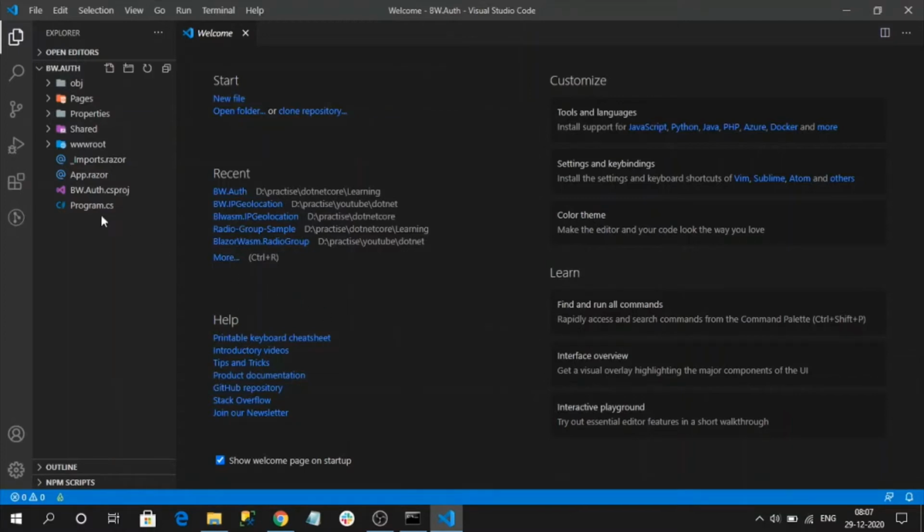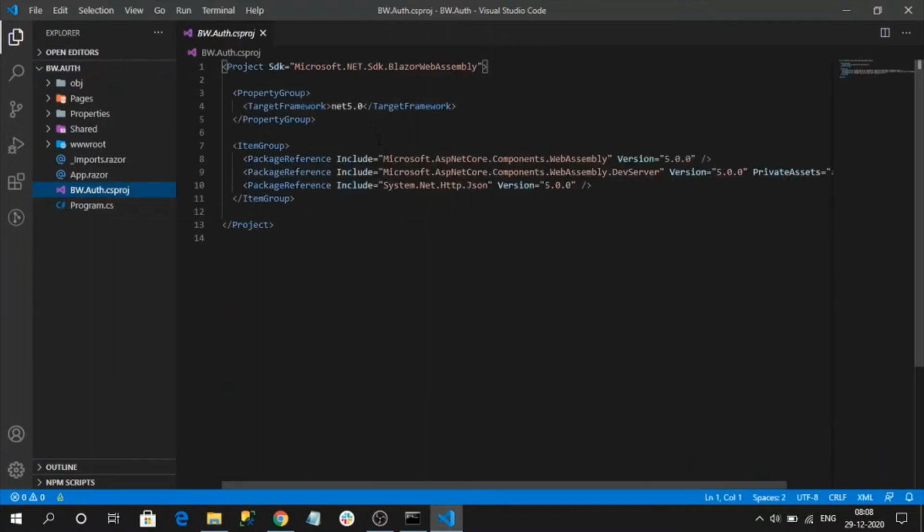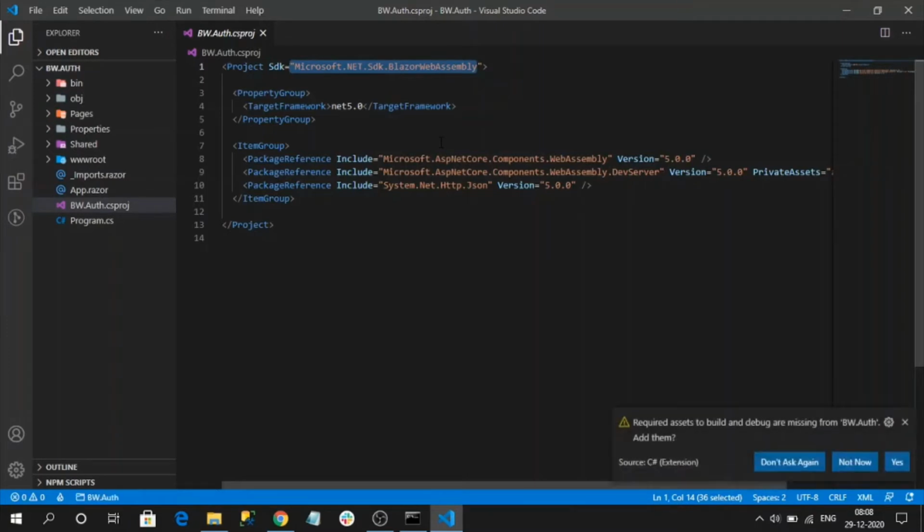Here I have created a Blazor application with the target framework .NET 5, and you can see it is a Blazor WebAssembly application. To Visual Studio users, please make sure to have the latest 2019 version, more than 16.8 point something, which is able to build the .NET 5 application.